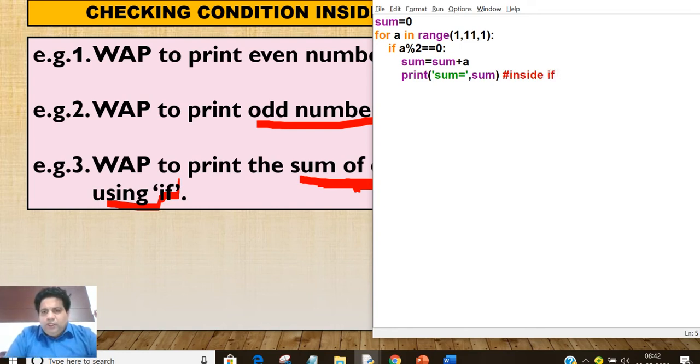The other way you can write print sum outside if, inside for. Here you can write print, this is inside for loop, and some of you will write print outside for loop. Now which is the correct way?